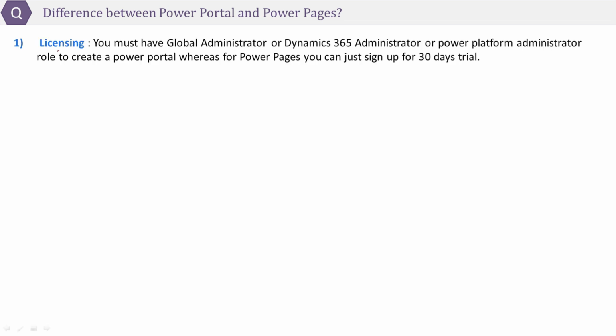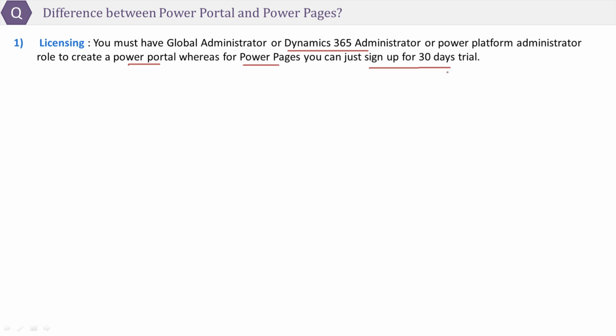Our next question is the difference between Power Portals and Power Pages. The first difference is based on licensing. You must be a global administrator, a Dynamics 365 administrator, or a Power Platform administrator to create a Power Portal, whereas for Power Pages, you can just sign up for a 30-day trial.